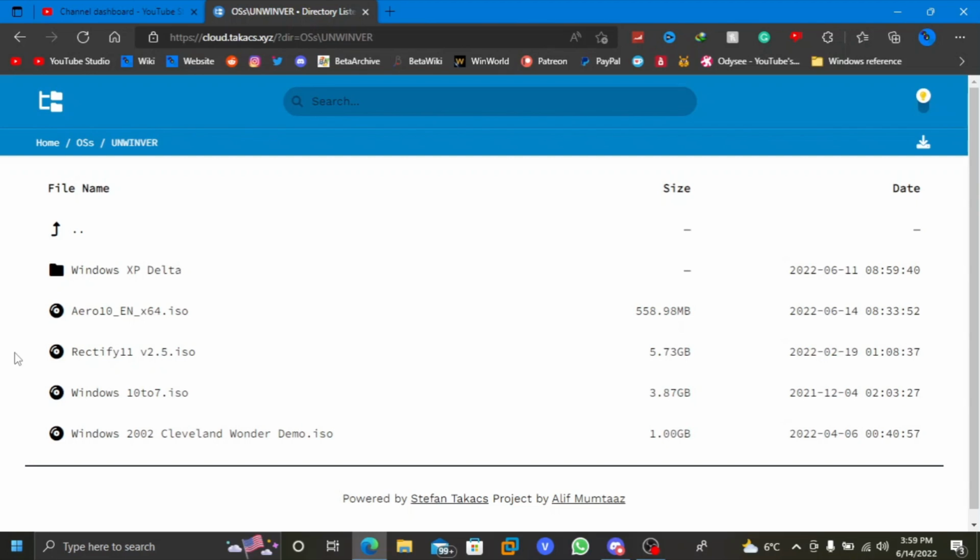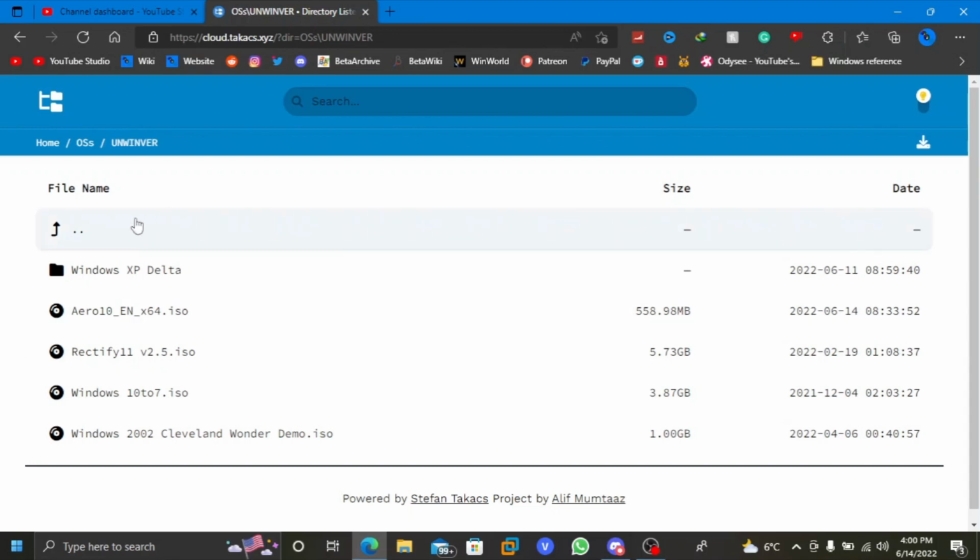And all the ISOs that I featured in the video are going to be on this software repository also. So if you want to download it, you can, except the ones that are really complicated, such as Windows 10 to XP, which takes like 14 gigabytes. And no, I don't think that I can upload it here because my internet speed